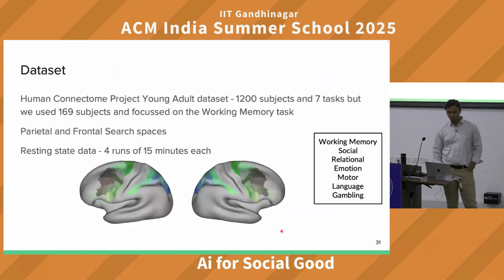तो we have a lot of available data sets here. So this is a data set with 1200 subjects and 7 different tasks. Working memory हो गई, emotion task है, motor task है, language task है, gambling task है, and then we see what is happening in different parts of the brain, activity कैसी है, and then उसको we model using, we create this connectome fingerprinting model for all these activities. So हर activity के लिए एक एक model बनाते हैं हम लोग, and then see कि how does that model